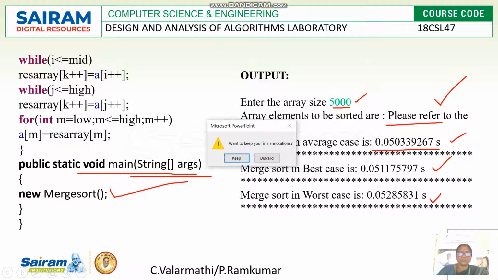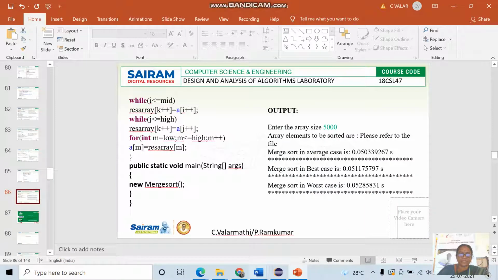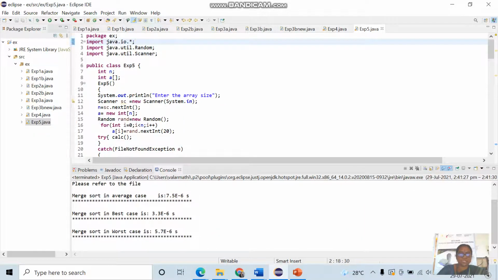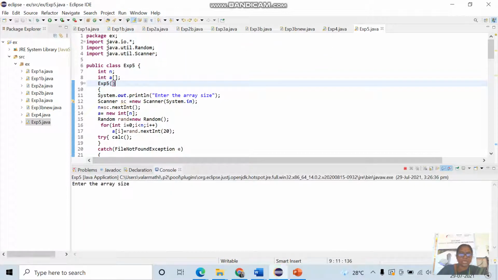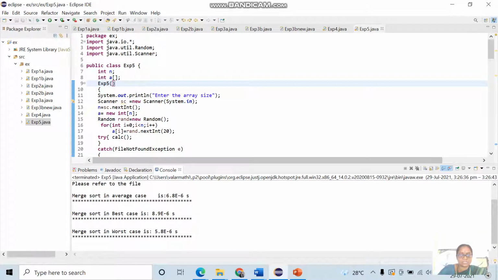We will move on to its implementation. Now this program has been typed, compiled and executed well. We'll see the execution part again. Now it asks to enter the size of the array. For your convenience I am giving 10 as the array size. So it will list the worst case, best case and then average case.